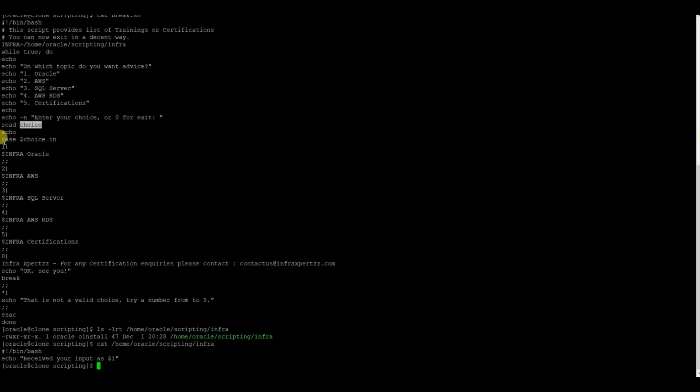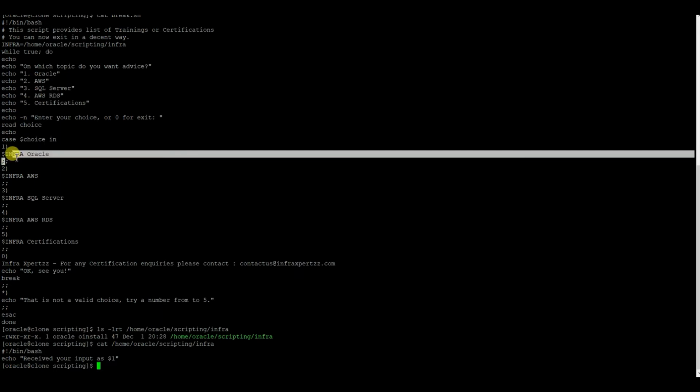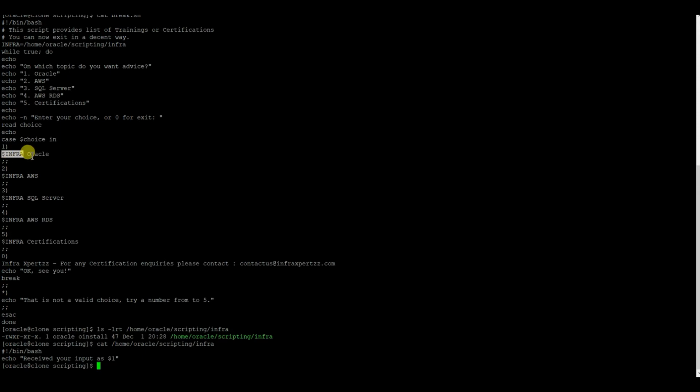The input you give will be taken as a variable for your choice. And then we have our case statement, the case loop beginning. In the case, we have case choice. If the choice value is 1, then the output will be thrown as Oracle through this script. If it is 2, then it will be AWS.